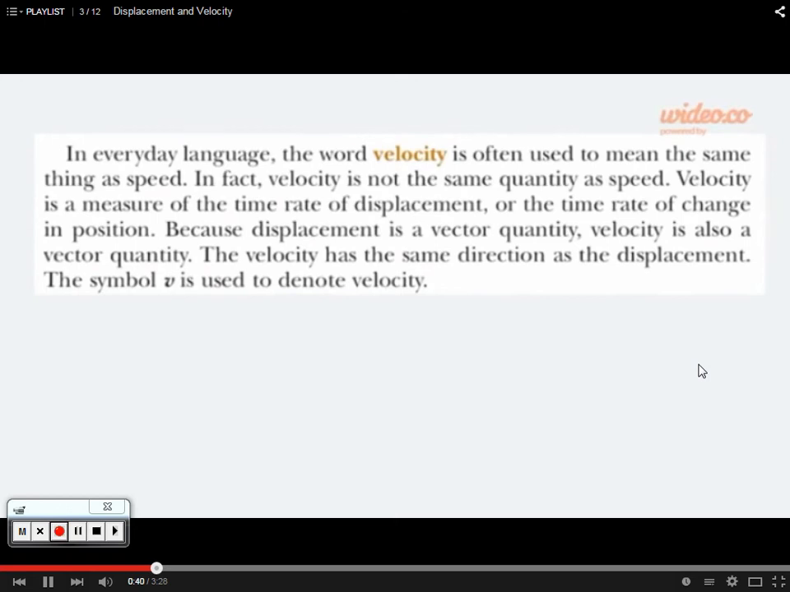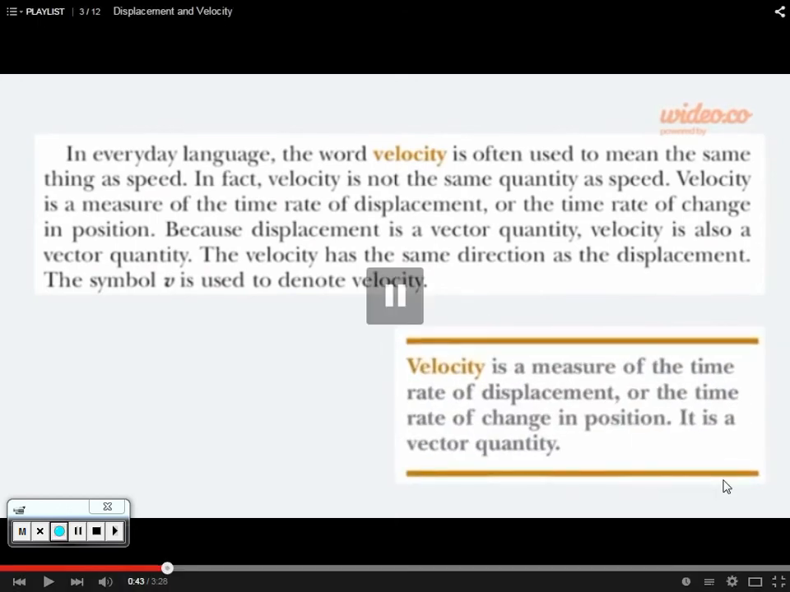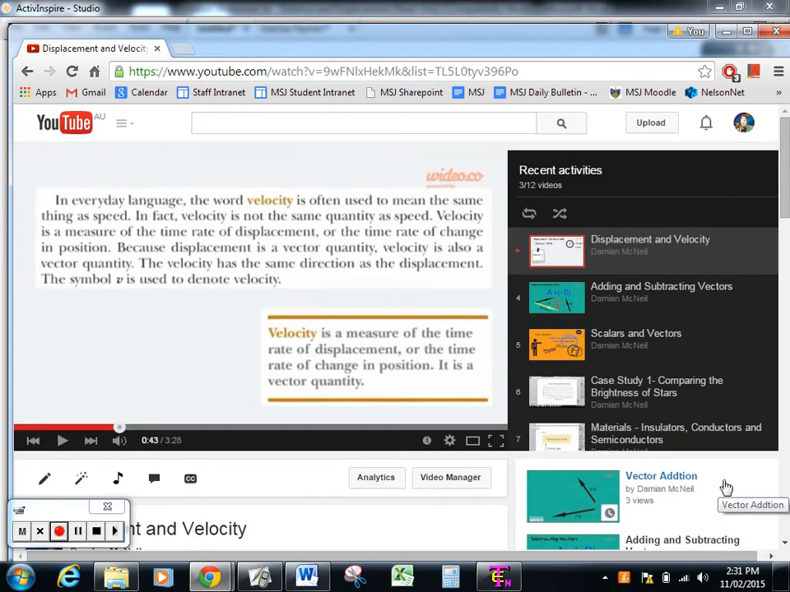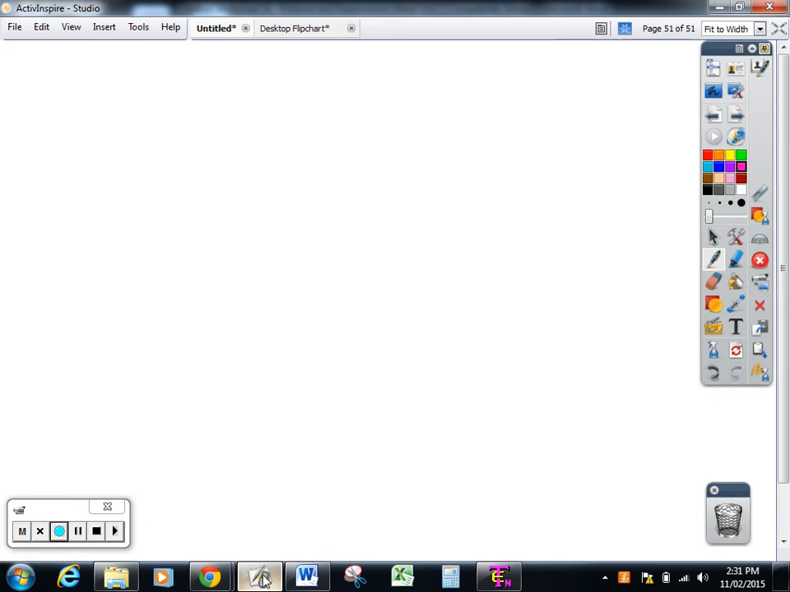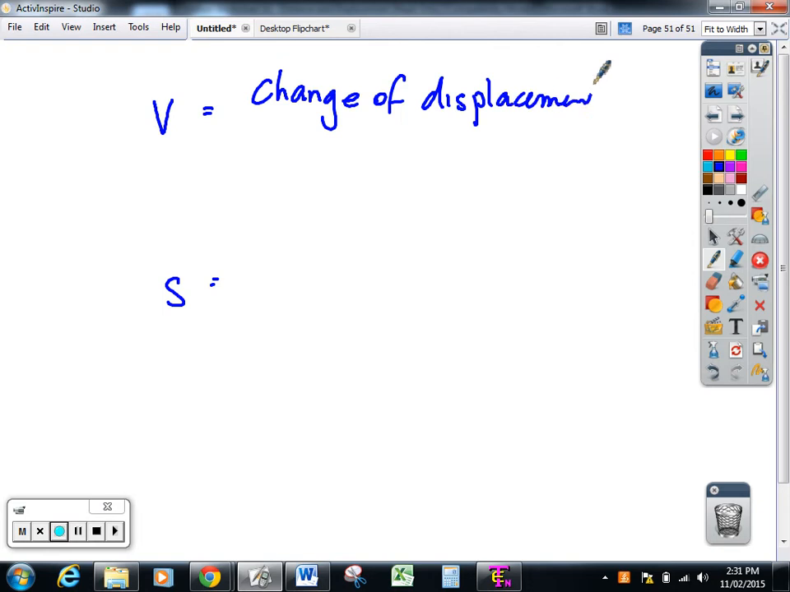So what is velocity and how do we work out what it is? We said that it was a measure of the rate of change of displacement. So what is rate of change of displacement? Rate of change was a division by time. So the formulas that we're going to use, we're going to say that velocity or speed, the two formulas will be the change of displacement divided by the time taken for that